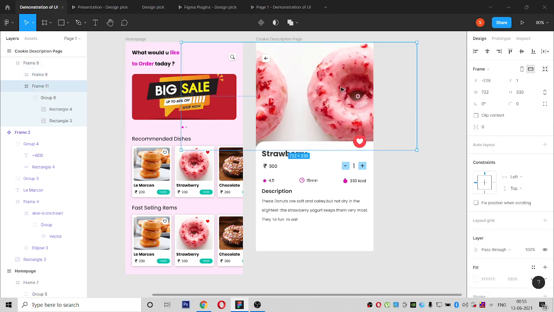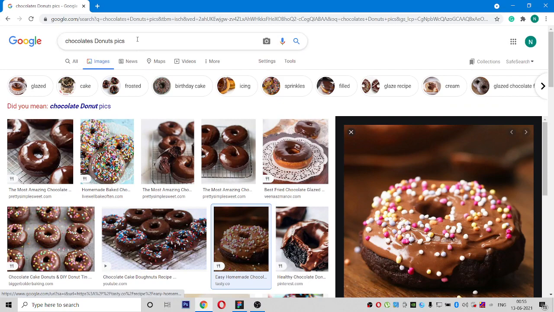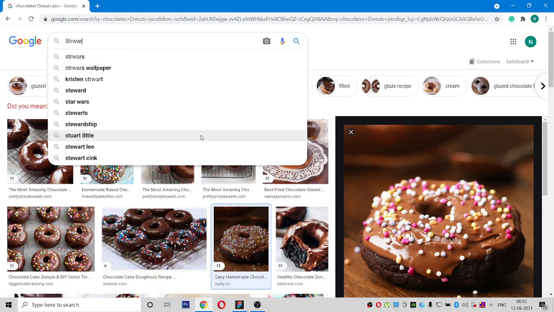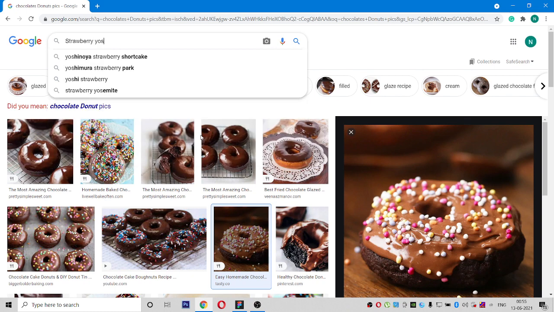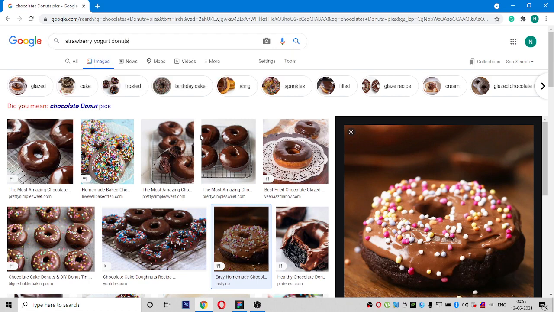For example, now we will change this image, strawberry yogurt donuts.